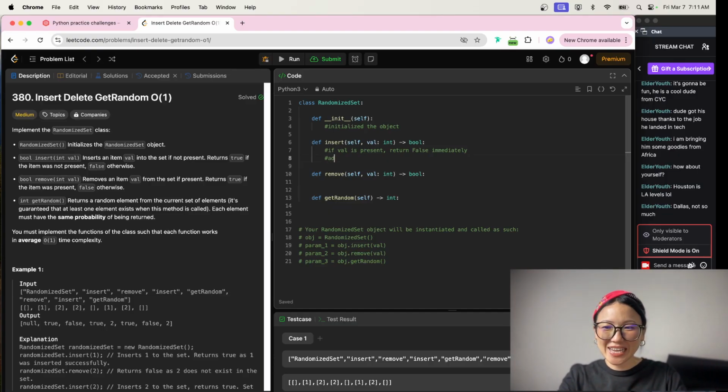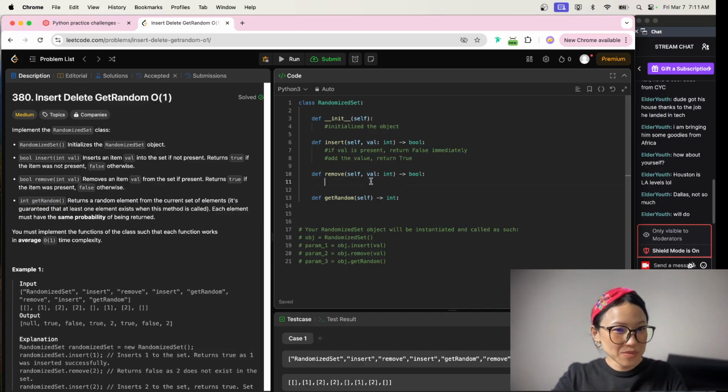Otherwise, let's go ahead and add the value, and we're gonna return true. In the remove function,